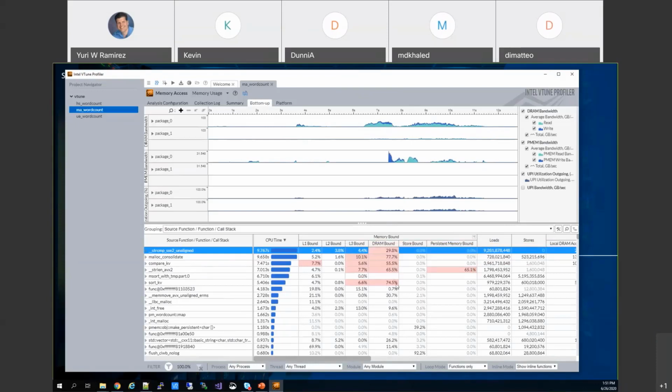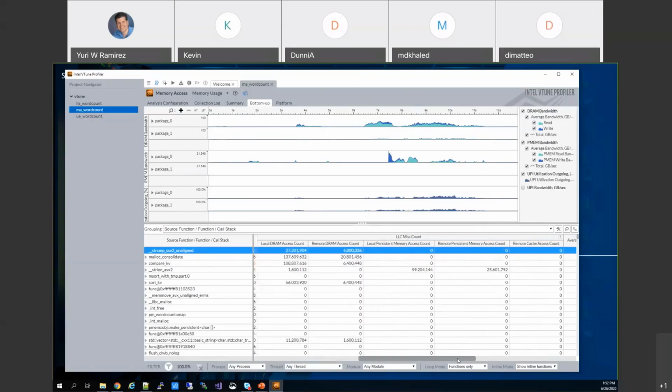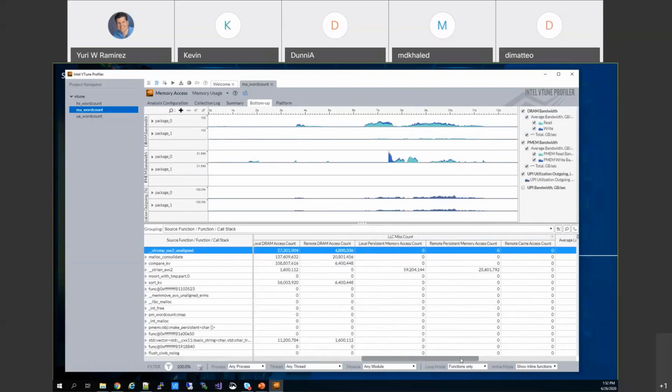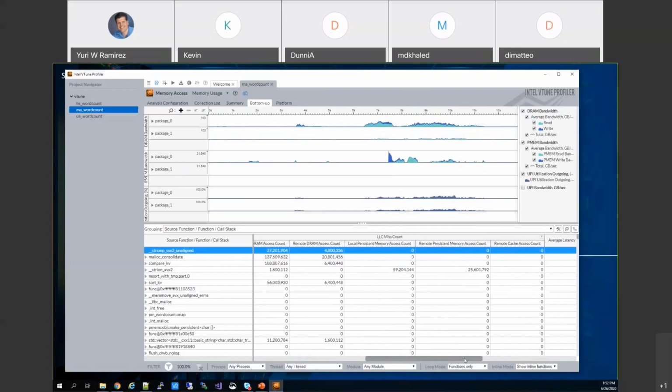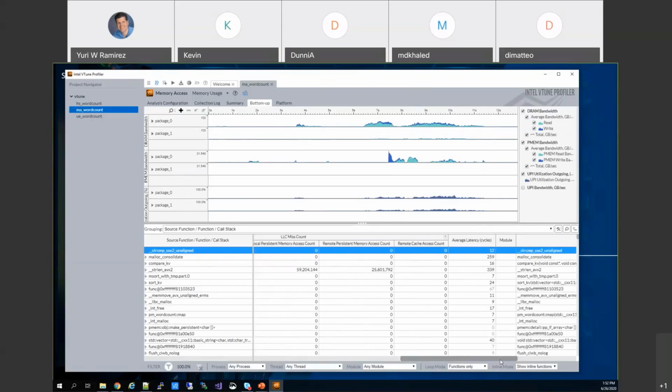And then there's a sort here that's using a lot of DRAM. So we can take a look at our different memory accesses and how we would want to improve the way that we access memory to